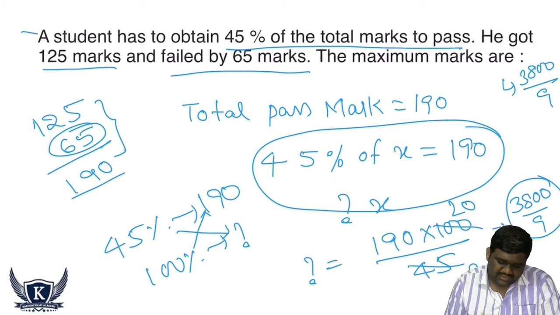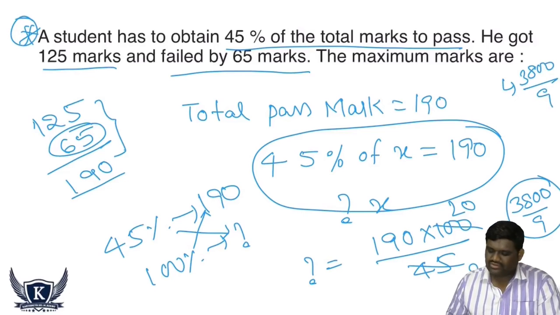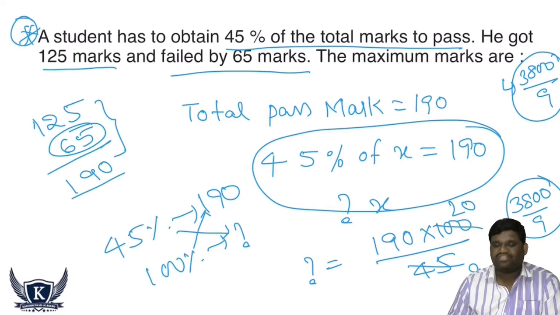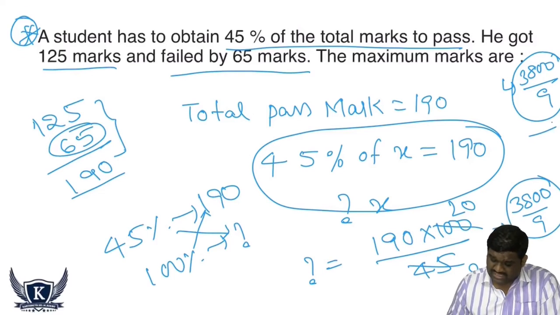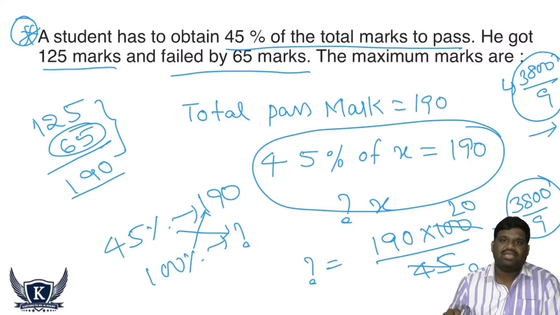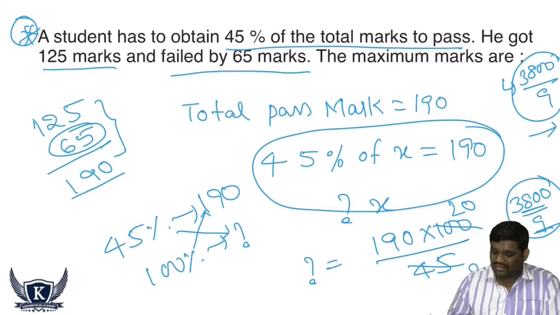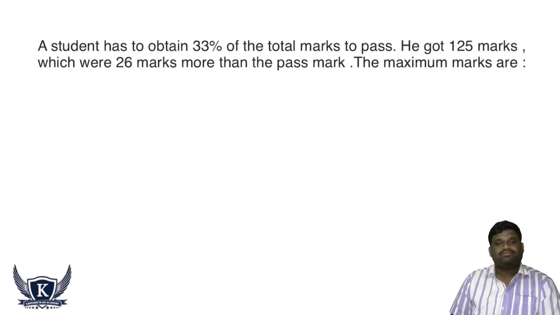So this is a previous question, I have taken it directly. In that I got a fraction. Basically in the examination they will give you terms which will cancel. It is a myth. Don't think in that way. They can give you numbers which can be cancelled and which cannot be cancelled also. Here I cannot cancel 38 with 9. So I can leave it as it is. It can be treated as 3800 by 9. Moving on to the next question.